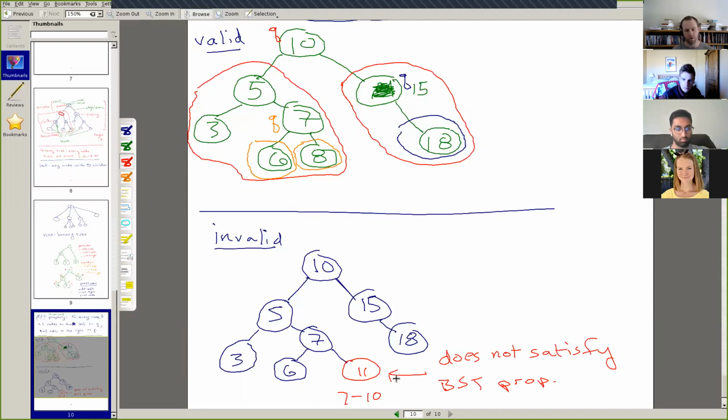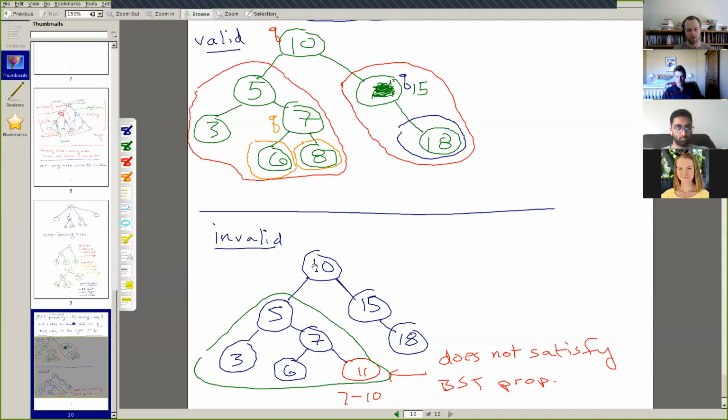Maybe one other subtlety is that, let's say I'm going to just draw around this section right here, and only consider this subtree of this entire tree. This subtree is a valid binary search tree, and the only thing that makes it invalid is when we add things on top of it.